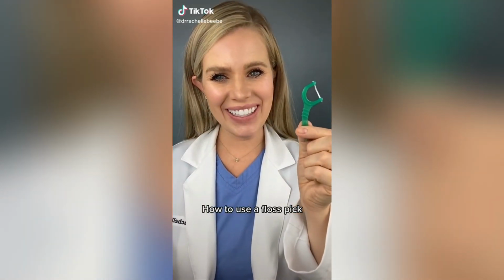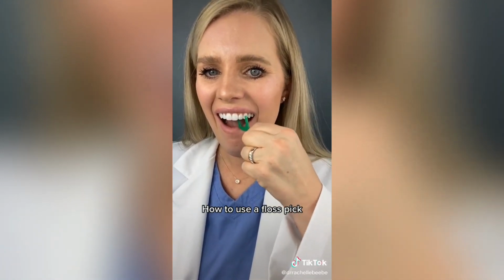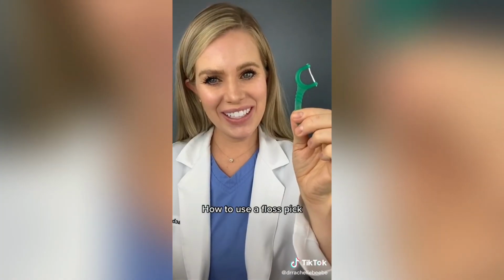Let me show you how this works. Adapt the floss in a C shape. Gently floss up and down to remove food and plaque. If you want to start flossing,